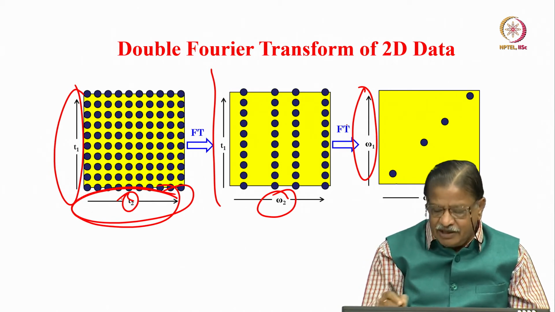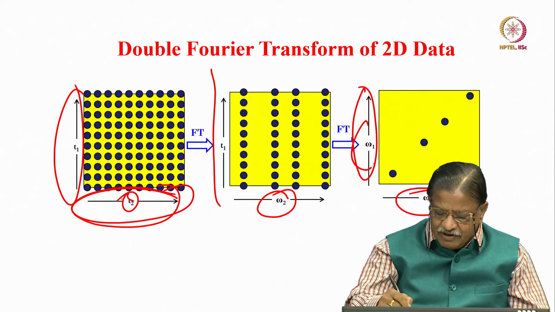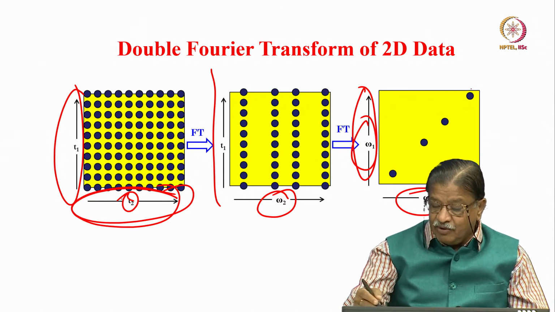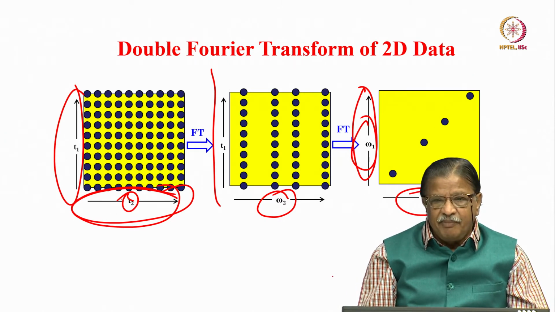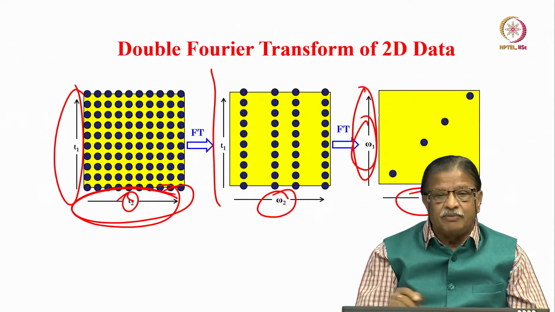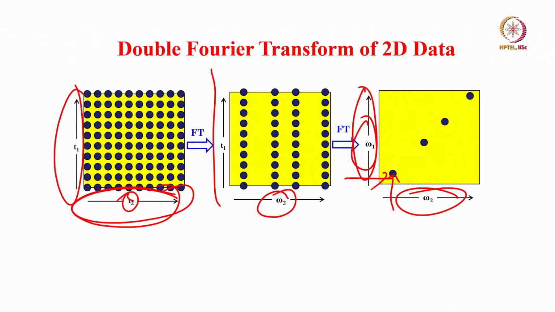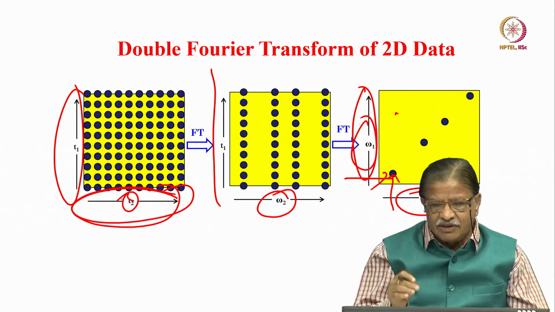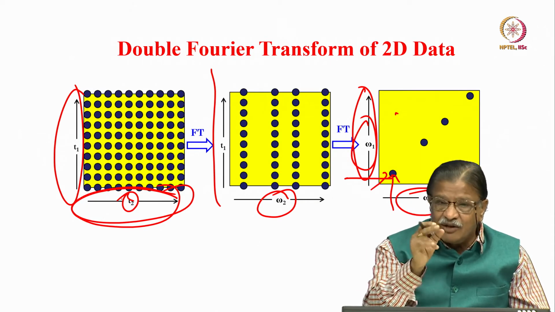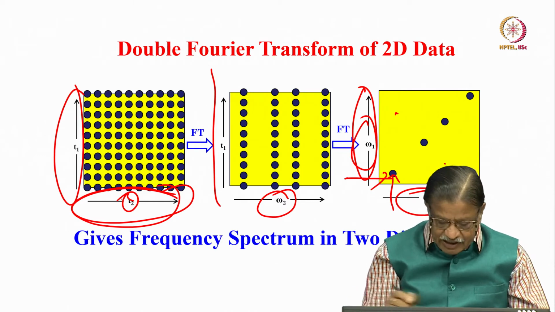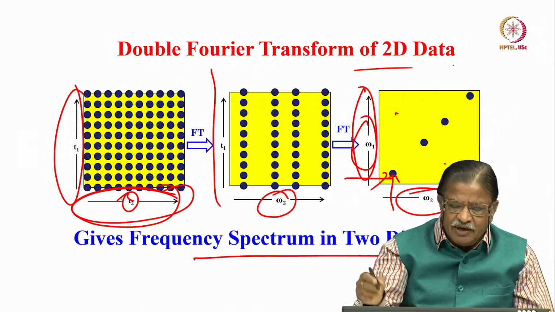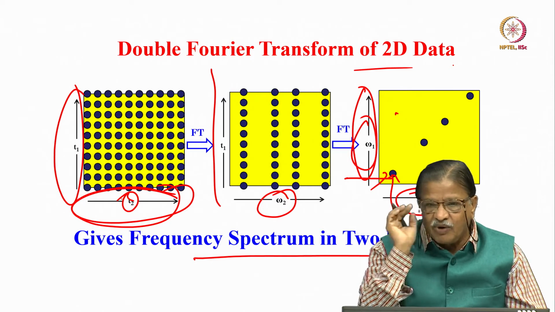Now I have frequency domain in the omega 2 dimension, and frequency in the omega 1 dimension. The spectrum now looks like this. The time domain data became frequency domain data in 2 dimensions now. You can measure the frequency from this dimension, you can also measure the frequency in this dimension. So depending upon where you get the peak and what type of experiment you do, the two-dimensional data after double Fourier transformation gives a frequency domain spectrum that contains a lot of information. Okay. So, it gives frequency spectrum in 2 dimensions by doing double Fourier transformation. This is how it works.